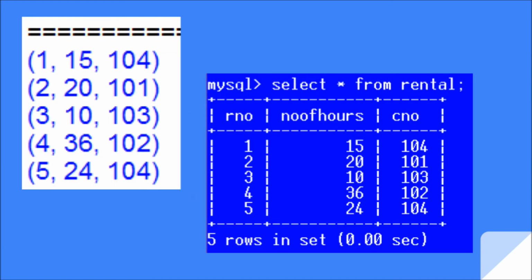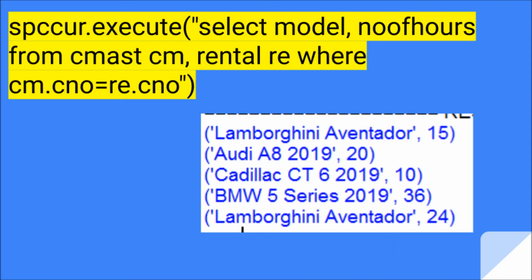Here we can see two outputs. On the left, the output in Python, and on the right, when you give the MySQL command select star from rental, it is actually the same. After adding records in both the tables, we can query from both the tables. Since the tables are connected by a foreign key relationship, we can say